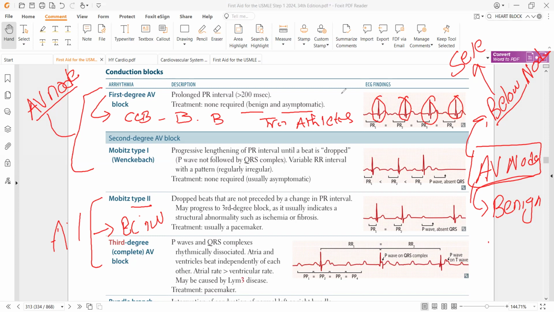So there is a drop beat, and then this is immediately followed by a normal beat. It depends upon the severity of the disease as well, because one drop beat is followed again by the same pattern, right? If it is an advanced stage,